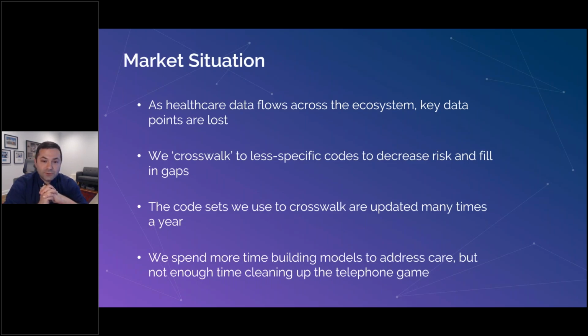And as those crosswalks are added to records or data points, the codes that represent these crosswalks are updated all the time. So the many-to-one, one-to-many, many-to-many correlation, as it's updated and managed and maintained over time, becomes a maintenance burden on organizations to take on. And as organizations want to use this data to derive analytical insights or on-demand analytics, they build models that try to address care with this data, but are noticing that it's lost its trust over time. If this resonates with anybody on the line here, you've definitely come to the right place.